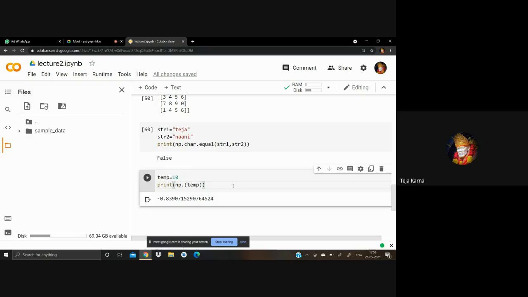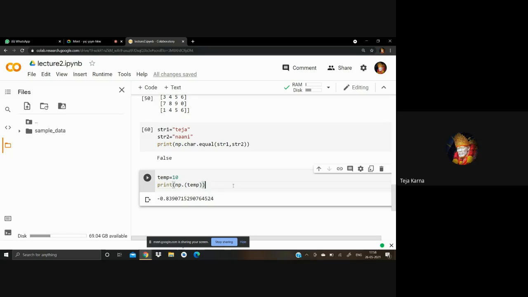Basically, findall is going to return a list containing all matches. Then we have the search function. Then we have split and sub. Search will match an object. Split will generate another list based on your requirements. Sub will replace all those characters by whatever you want to replace them with.